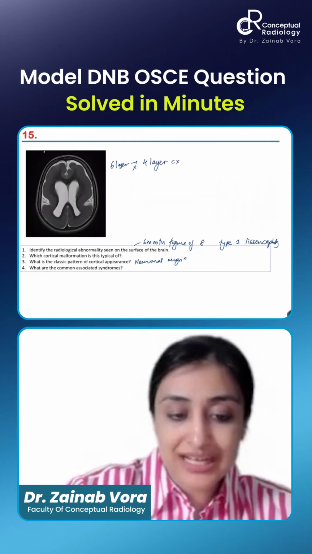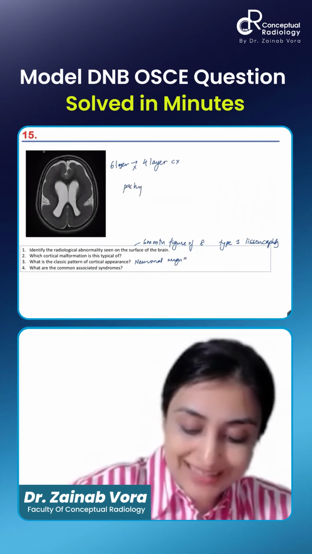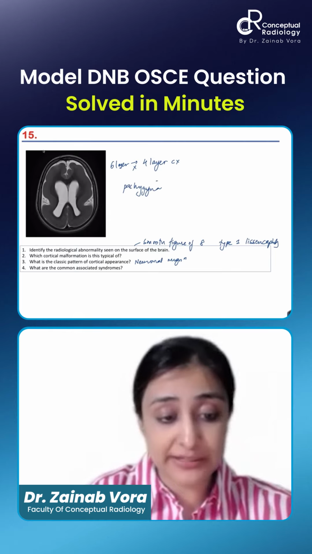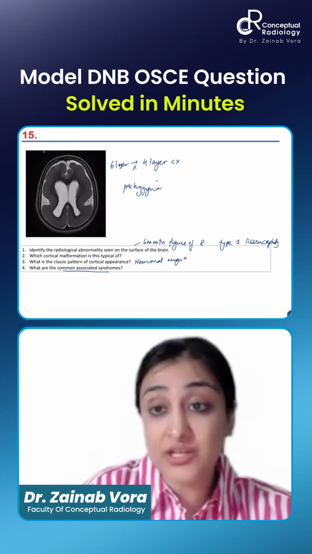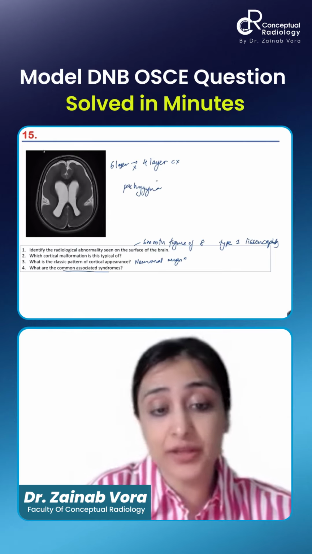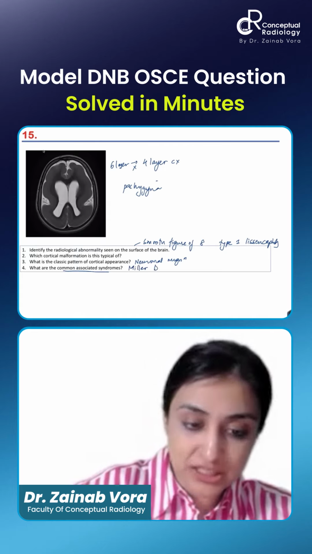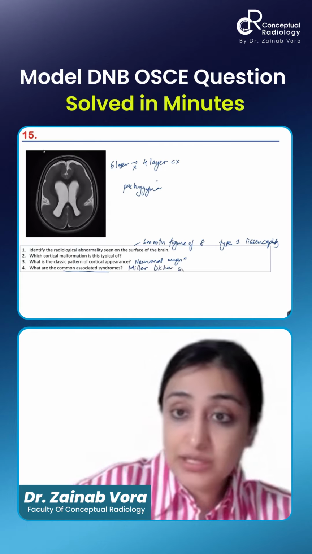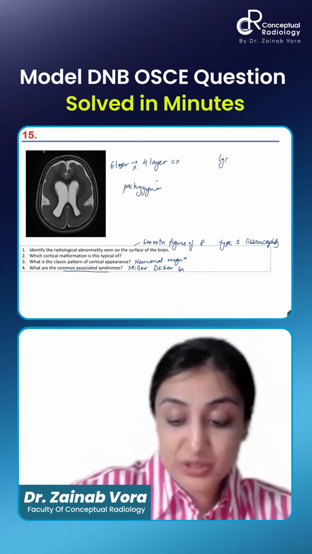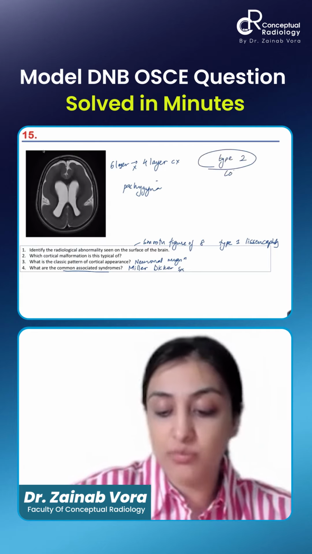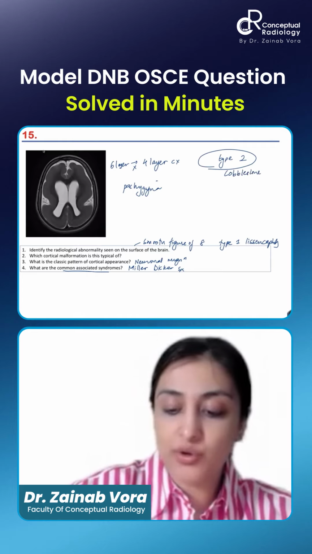And what else? So this is associated with pachygyria, smooth, thickened cortex, type 1. Listen carefully. And last question, can you tell me the associated syndrome here? So type 1 is associated with Miller-Dieker syndrome. Okay. But because they're asking syndromes, now you can talk about type 2 or cobblestone. So there you can talk about Walker-Warburg.